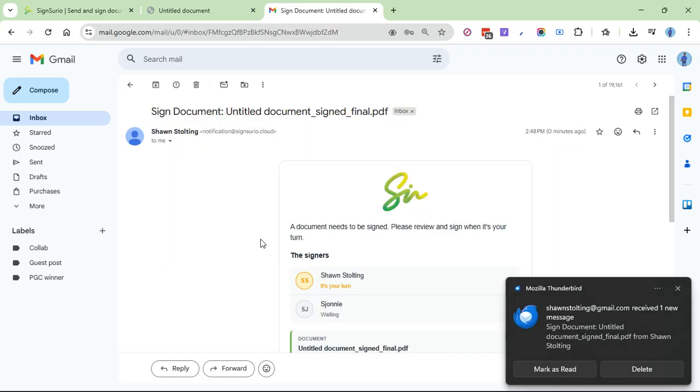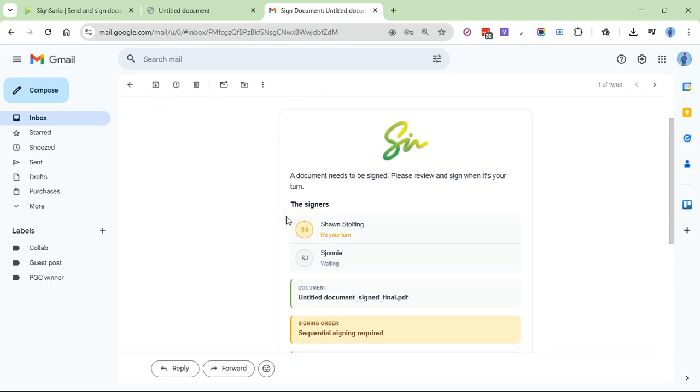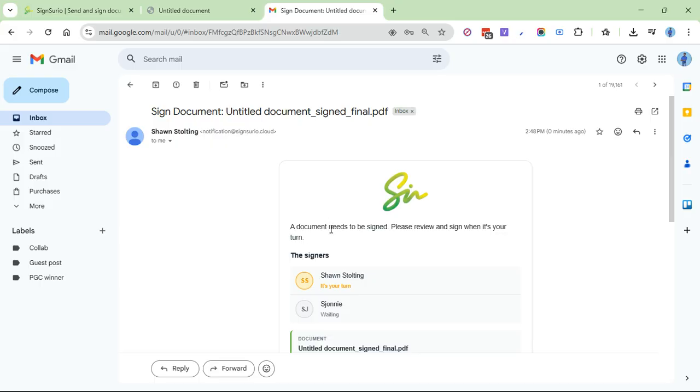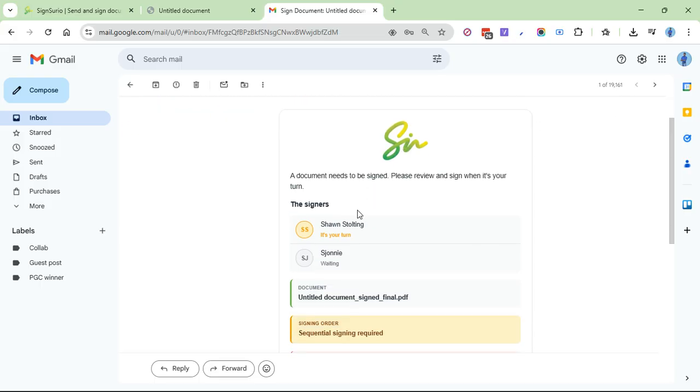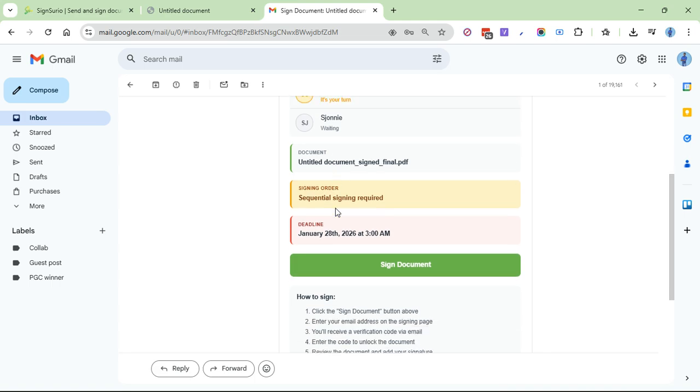This app also sends out emails to all the signers that need to sign. This is how the email will look like. This is just an intro text. Everything in this email can be customized, so you can even add your own logo, add your own intro text. These are the signers. This is the title of the document,